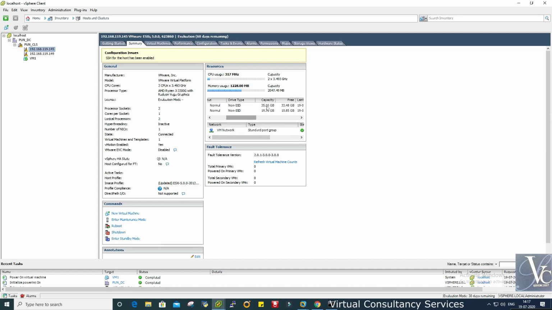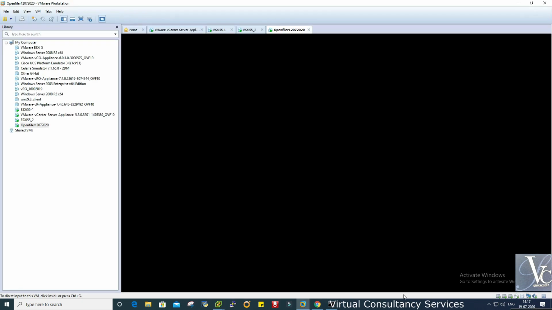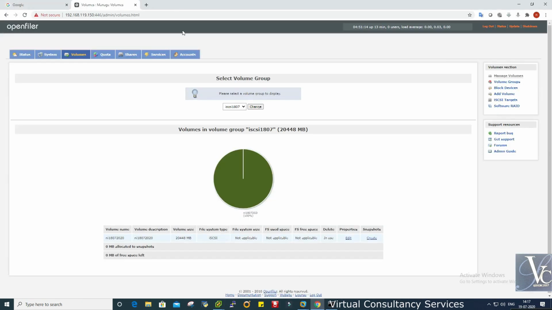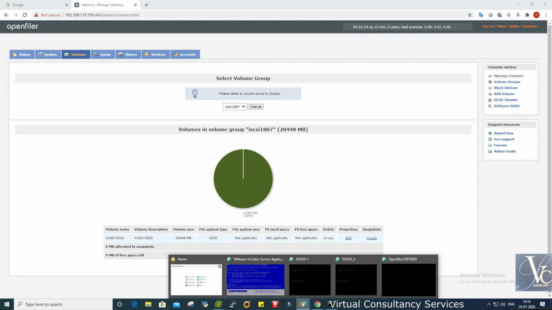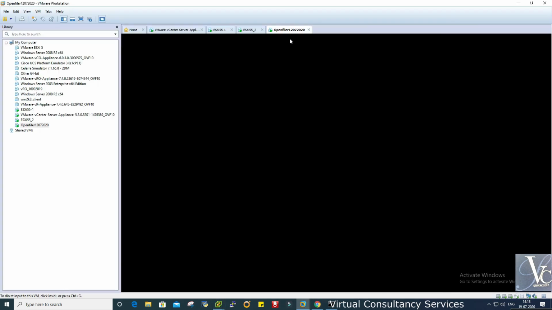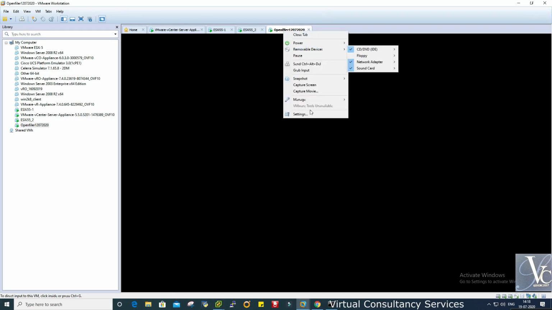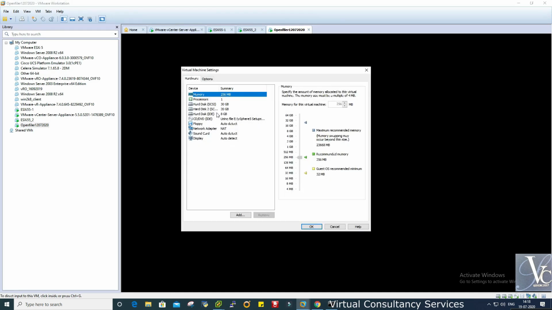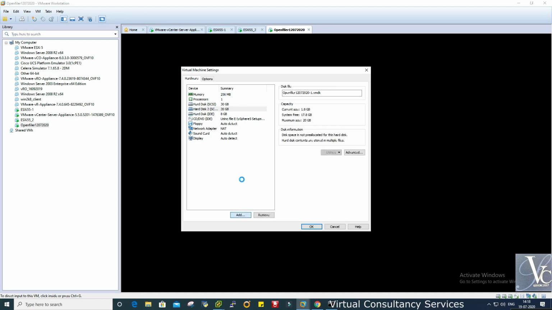What we have done here, if you see, this is a 20 GB datastore. This one is also a 20 GB datastore. We created the 20 GB here and we allocated it to the ESXi server. So we will see that same practical now. How will we do that? See, first of all, we have to allocate 20 GB into the OpenFiler.